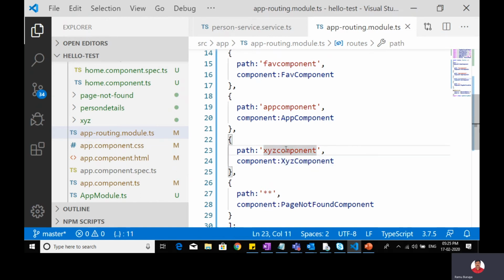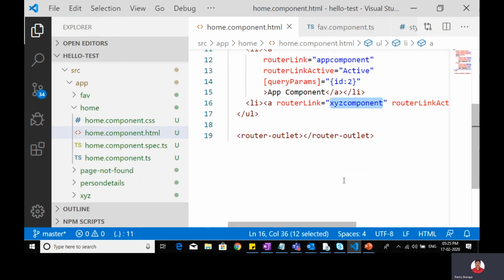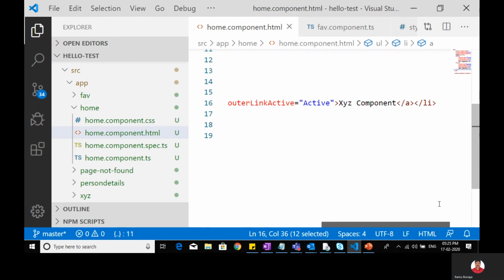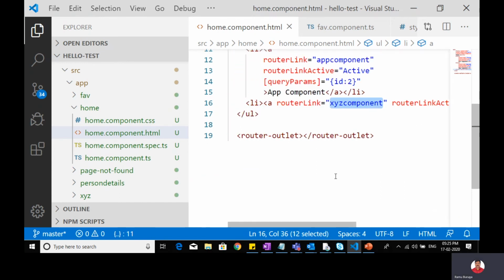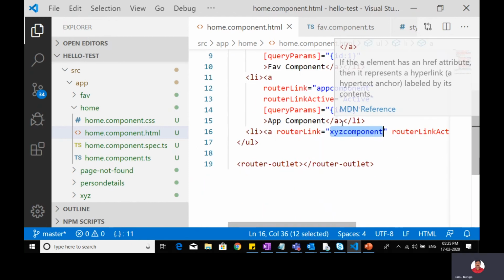It is not mandatory to give the exact name. You can give your own name also here. So I called that XYZ component in the other link. I have taken only three components to be shown on the page. You can add as many as you want.